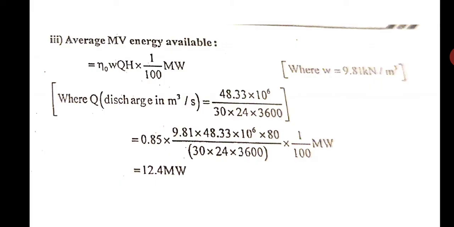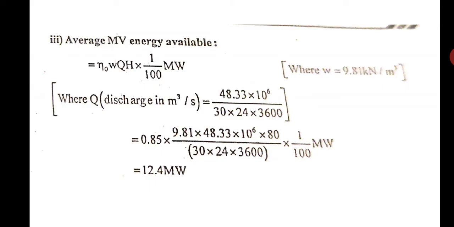So the equation becomes, efficiency is 0.85, it is given, W is 9.81, into H is 80, given in the question, into 48.33 into 10 raised to power 6 divided by 30 into 24 into 3600, into 1 by 100. So you get the value as 12.4 megawatt. So this is the average power which we can generate